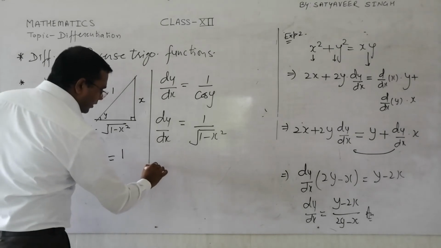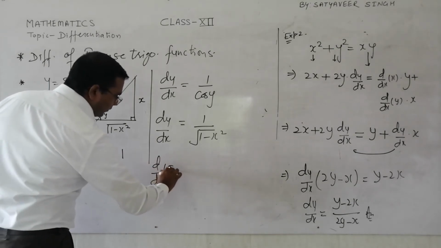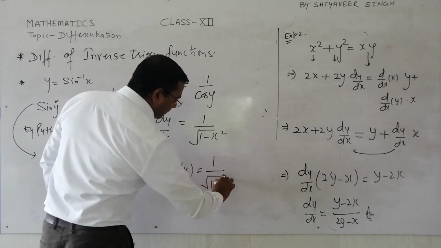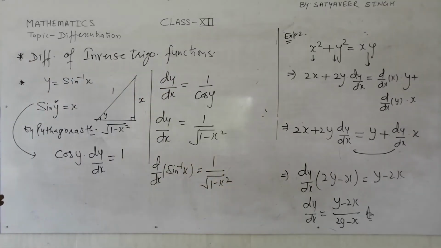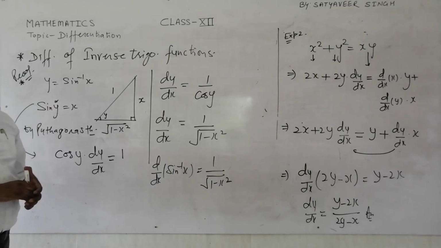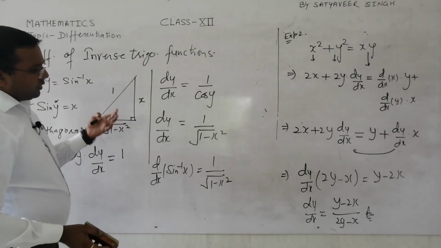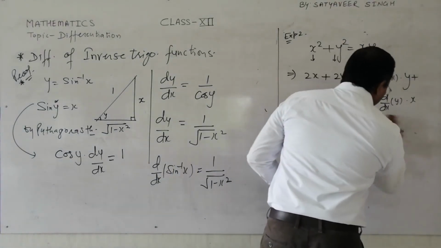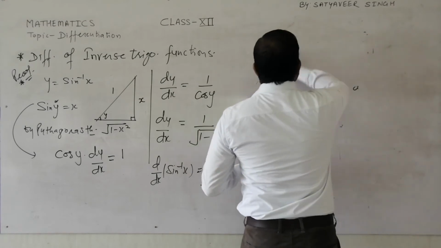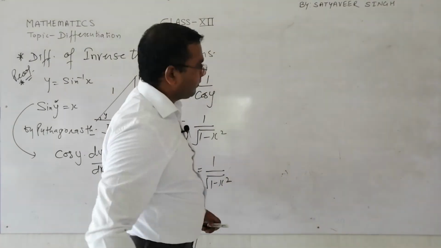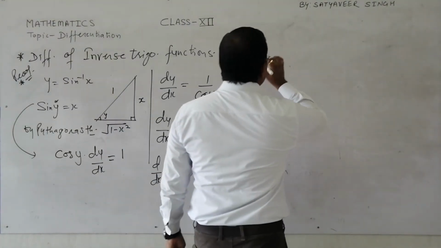So we got the differentiation of sine inverse x. We got a rule: d upon dx of sine inverse x is equal to 1 upon root 1 minus x square. So this is a proof, we can say, of the differentiation of the inverse trigonometric function sine inverse x. Similarly, you can prove the other results also. So you will have to do this exercise. You will have to check whether these results, whatever I am writing here, how you got, you will have to verify and prove.